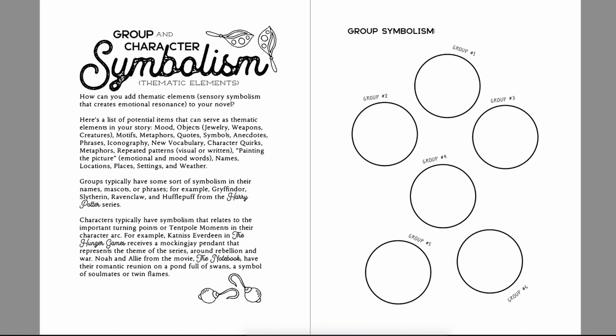It has its own phrases. It has just interesting stuff about it that kind of goes in line with the group. So, for example, Slytherin, their dormitories are in kind of like a basement or dungeon area. This is kind of the darker house, I guess. And Gryffindor has the Fat Lady portrait, and their dormitories are really bold and brave, and